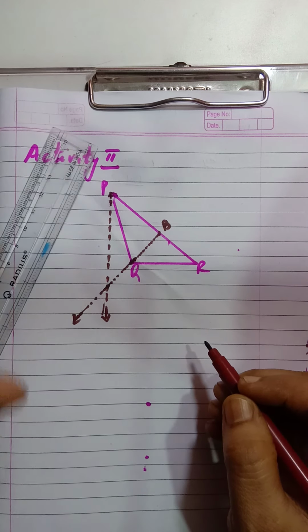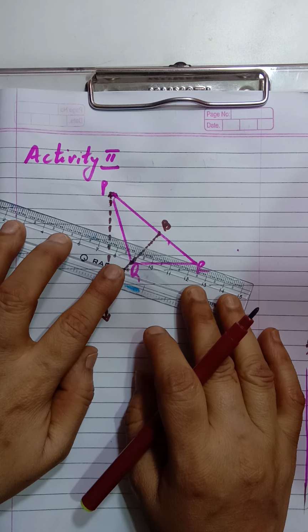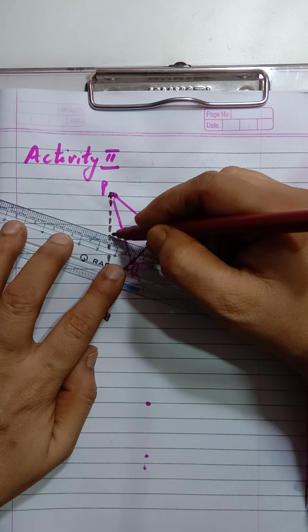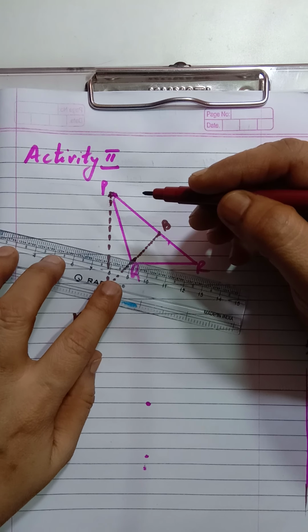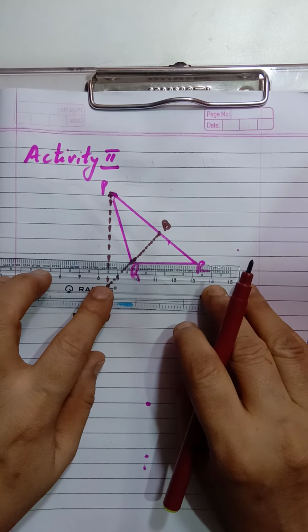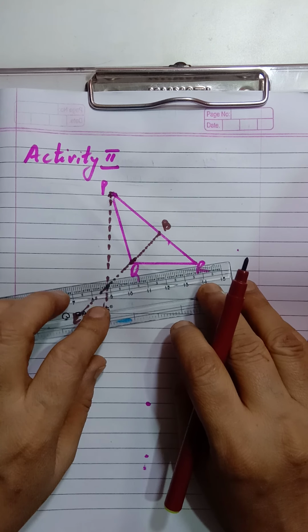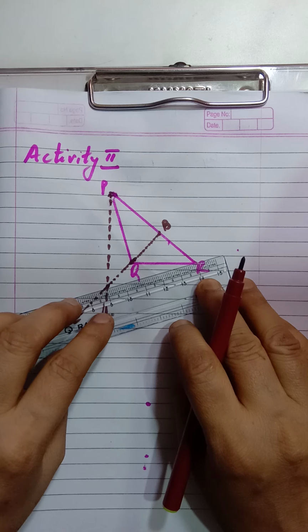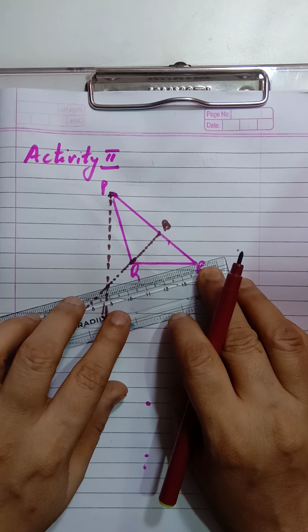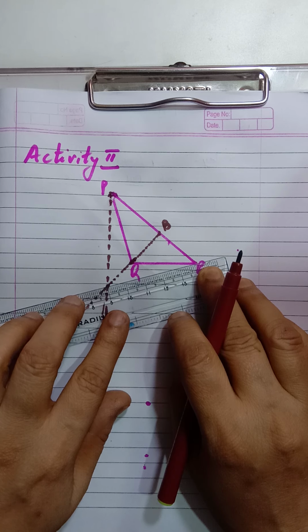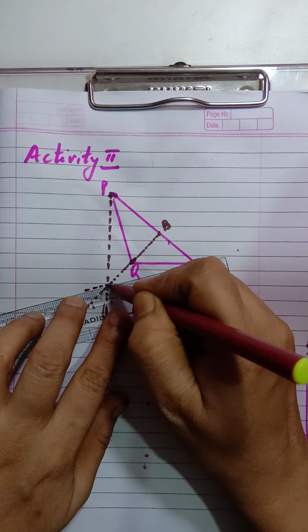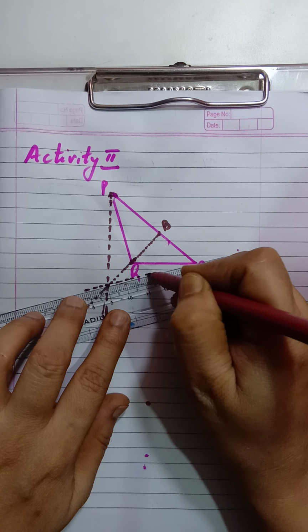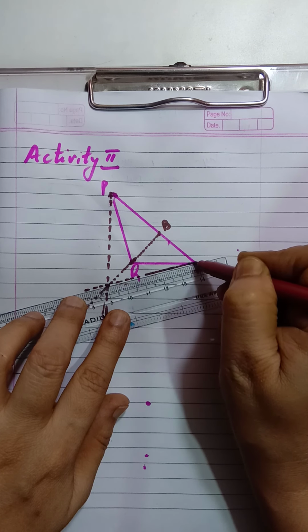Now which vertex is remaining? R, right? So from this vertex R, I can draw like this way two altitudes. Okay, I can draw two altitudes from this vertex, right? One will be passing, and the next will be this way also. This is also okay. Because we need to find the what? Orthocenter. So if I draw from this, this way you are drawing a perpendicular from this vertex R.